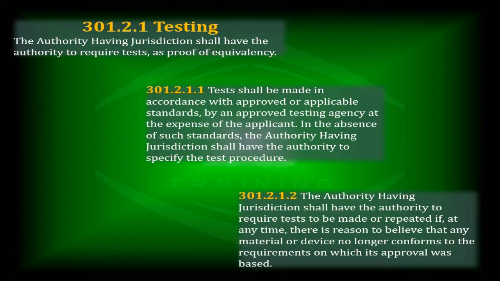3012.2, The authority having jurisdiction shall have the authority to require tests to be made or repeated if at any time there is reason to believe that any materials or devices no longer conform to the requirements for which its approval is based. So later on down the road, they can come back and have you retest it. If new information comes along, maybe some of the installation techniques have led to injury or death or something like that. Potentially, you've even run into a scenario where